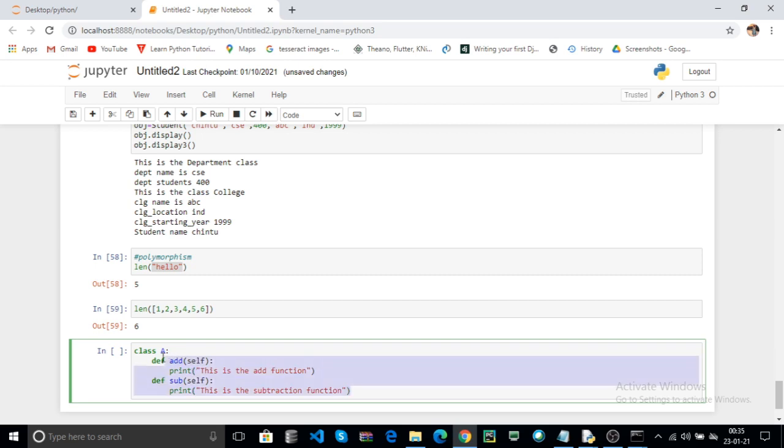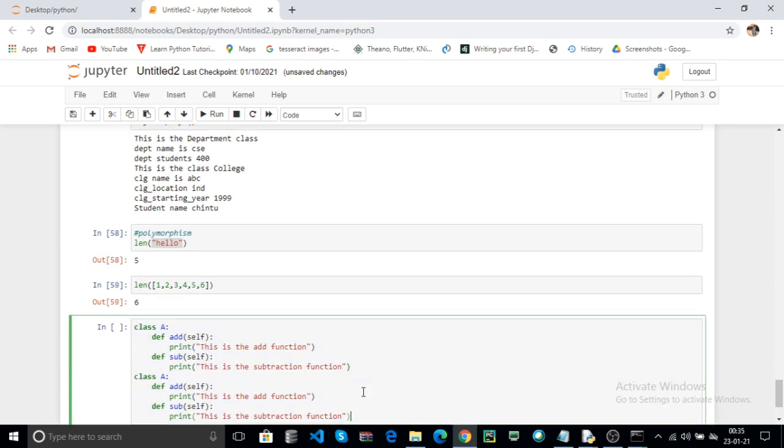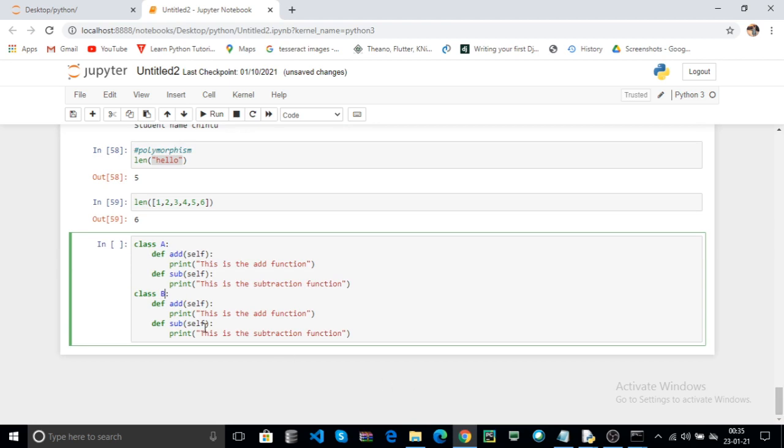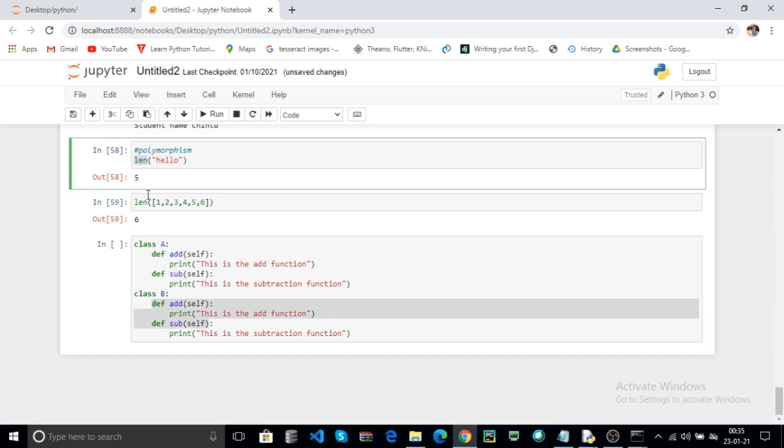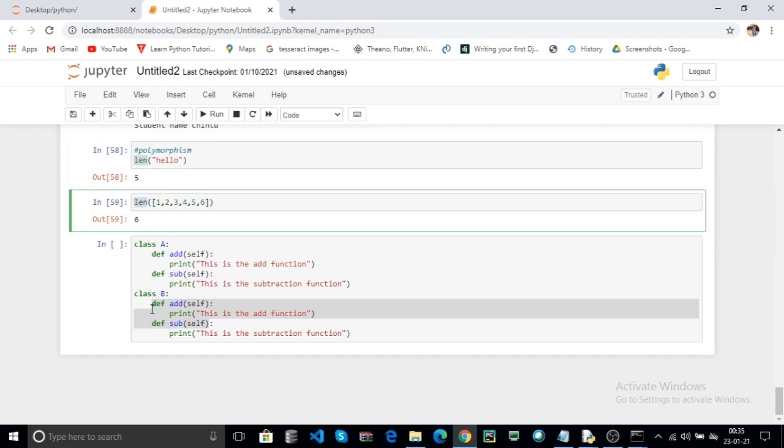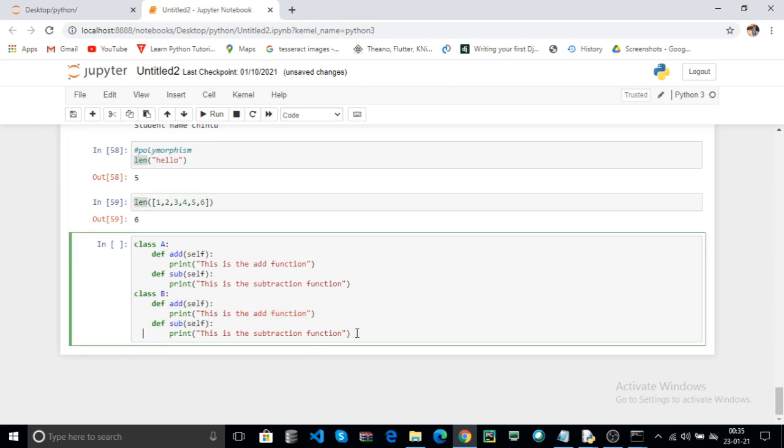Now I create another class. Here the class is the B class. Now here the A and B classes contain the same methods, the same functions. Add and sub functions are the same in both classes. Here the functions are the same, but the data is different.